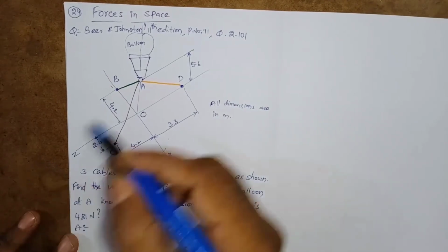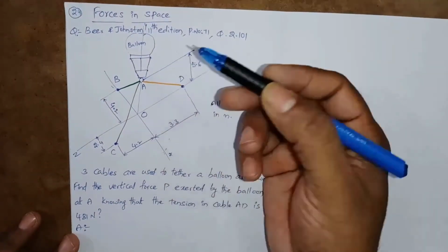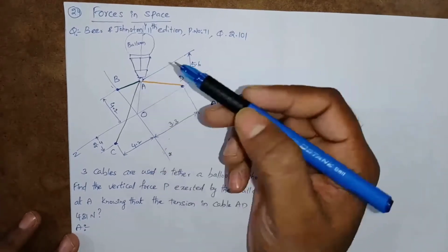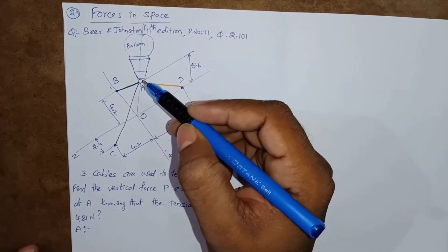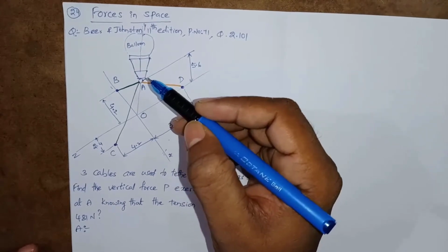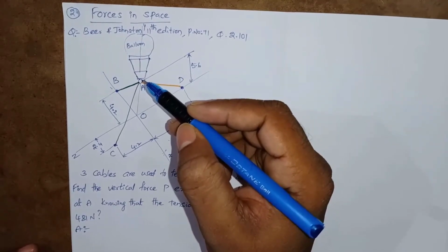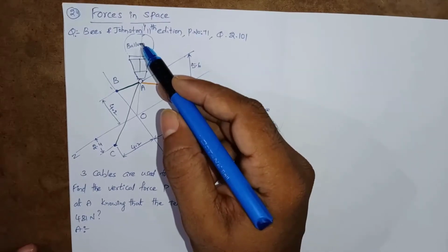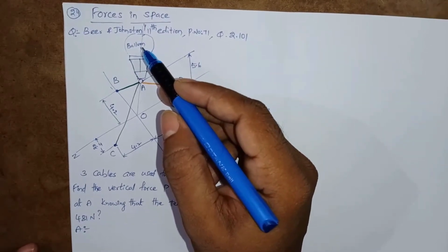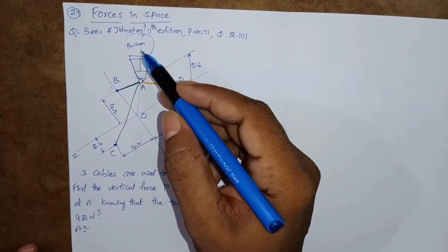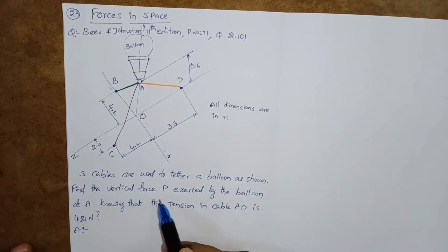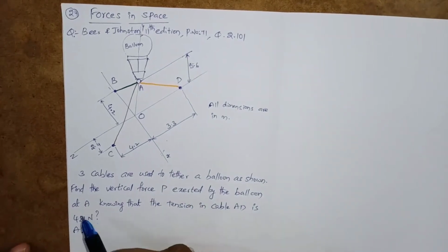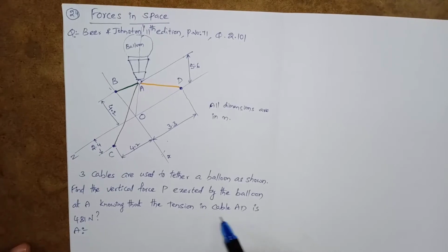In an actual case, the force exerted by this balloon at A need not always be vertical, because there may be some wind forces. But in this case all those wind effects are negligible, and the only force existing here, exerted by this balloon at A, is the vertical force. So that's what is given in the problem. Find the vertical force P exerted by the balloon at A, knowing that the tension in cable AD